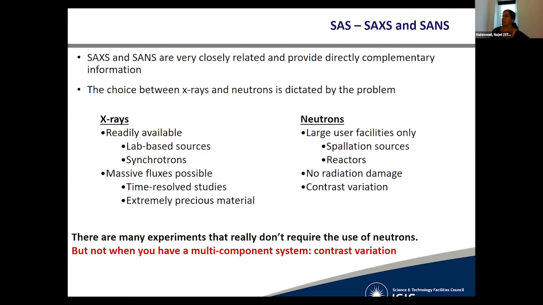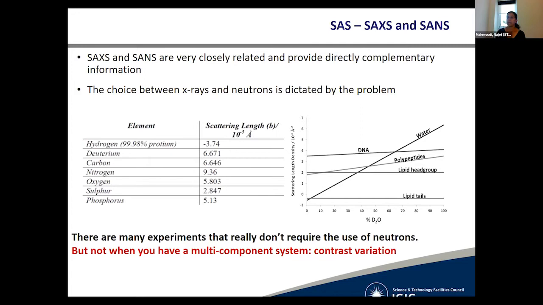And that's something I want to tell you a bit more about. So, as I said, there are really many experiments that do not require the use of neutrons, but not when you have a multi-component system, because there you will use this big advantage, as I said, of contrast variation. And contrast variation, because of the difference in scattering length density between hydrogen and deuterium, what we can do is basically by varying the